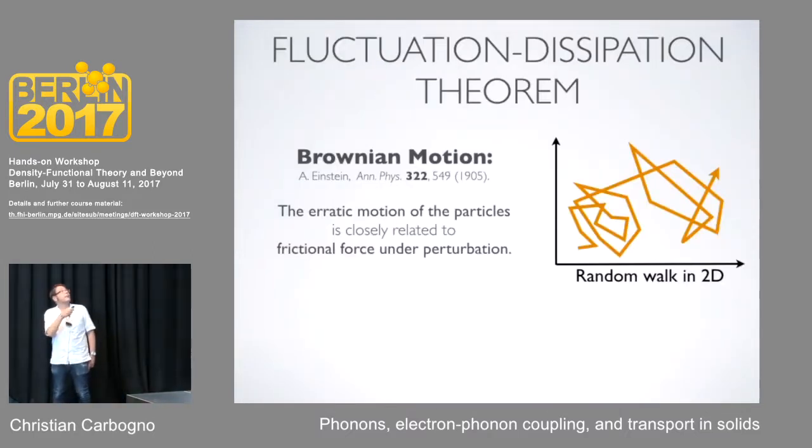And this brings me to the last method that is based on equilibrium molecular dynamics. And it's based on the fluctuation dissipation theorem. And that is one theorem that has been discovered quite a couple of times, twice in the last century. And the first mention of it is in Einstein's seminal paper on Brownian motion, where he discusses the random motion of particles in a fluid.